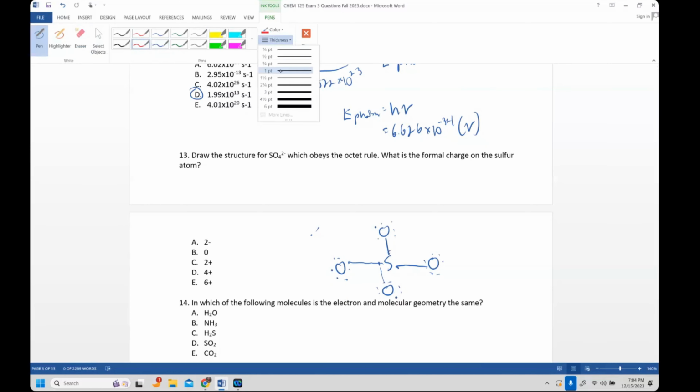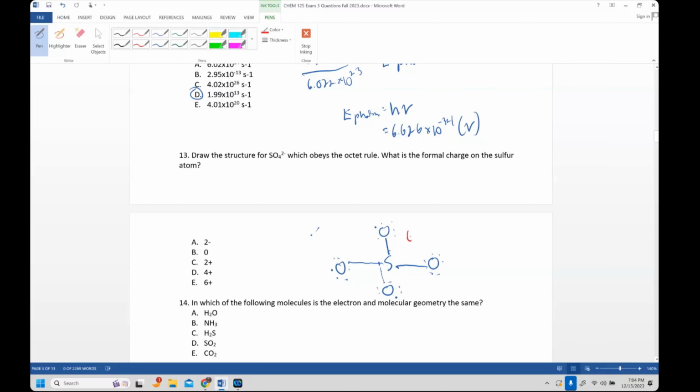So at this point, this is the way that SO4 2- will obey the octet rule, because the sulfur will have 4 bonds, that's 8 electrons. Each oxygen will have 2 electrons in the bond, and then 1, 2, 3, 4, 5, 6. And each one will have 6 electrons on the outside and 2 in the bond. So everything has